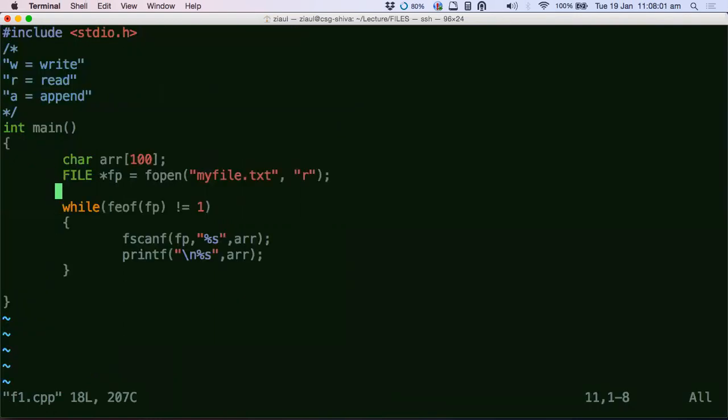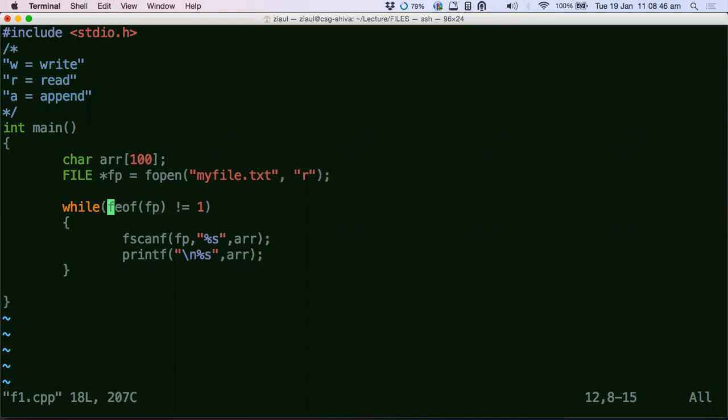So that's why I never bother about finding the actual value of the end-of-file character. Because if you want to say, I will read character by character and try to match the character if it is end of the file, no, don't do that, because that value can change from system to system. That's why it's always safe to use feof. Always use this function to detect the end of the file. And until it reaches the end of the file, you can keep on invoking fscanf or whatever the read function is on that file. The moment it reaches the end of the file, it will come out.